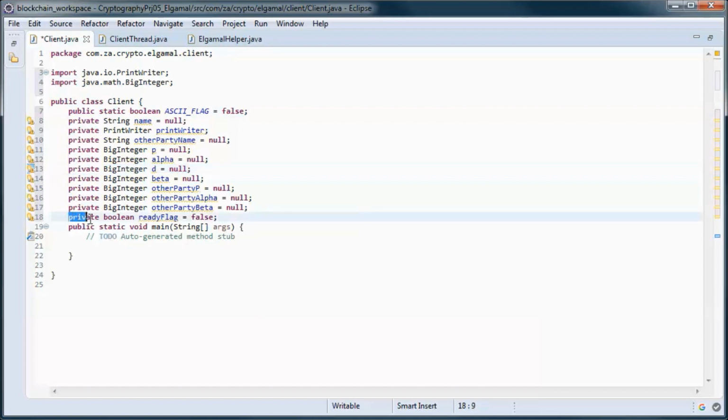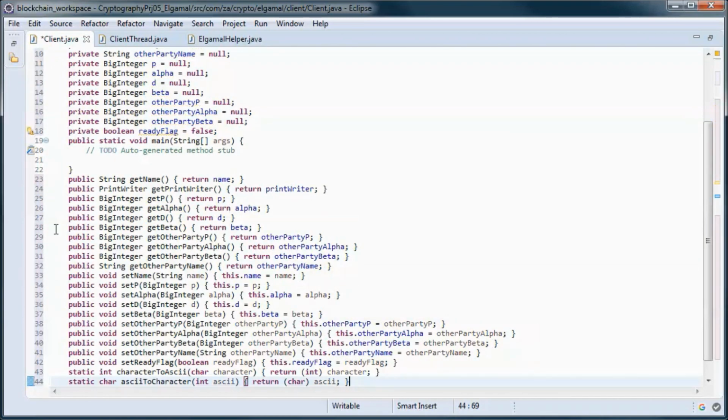And this flag indicates that this client is ready to send and receive messages, and this flag indicates the type of messages that we can send and receive. So if it is true, then we can only send and receive ASCII messages.